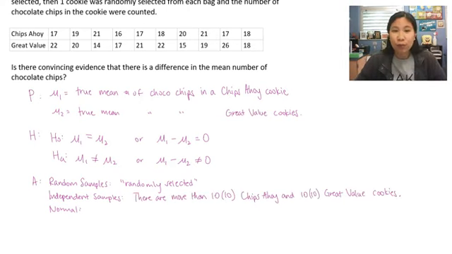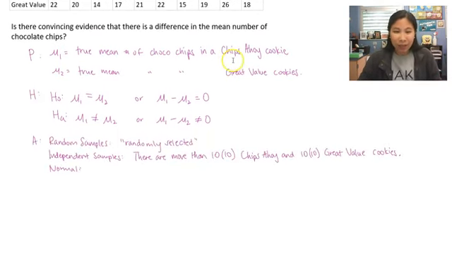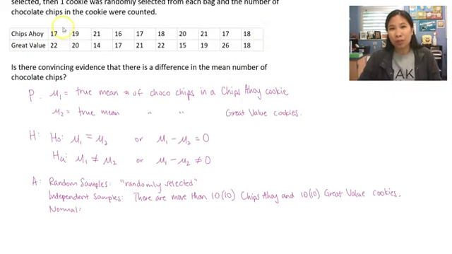All right, lastly, we need to check for normality. For normality, we either need the original population distribution to be normal, or we need large sample sizes. We have neither one of these so far, because our sample size for each of the Chips Ahoy and the Great Value is only 10. That's not a large sample. There's nothing in the problem about anything being normally distributed, so that's out of the question. Then our only method left is to graph each of these data sets and see if there's extreme skew